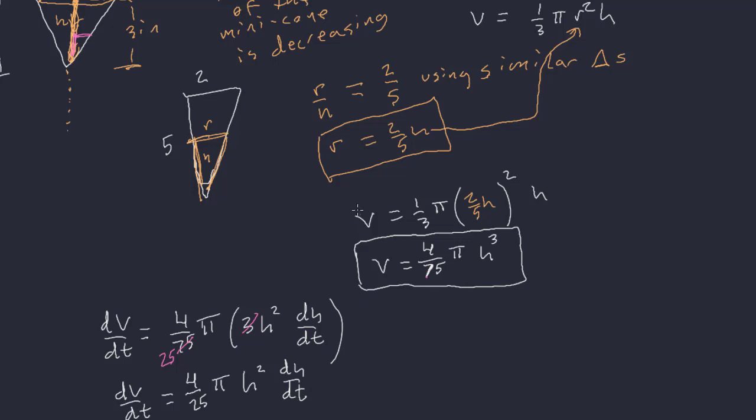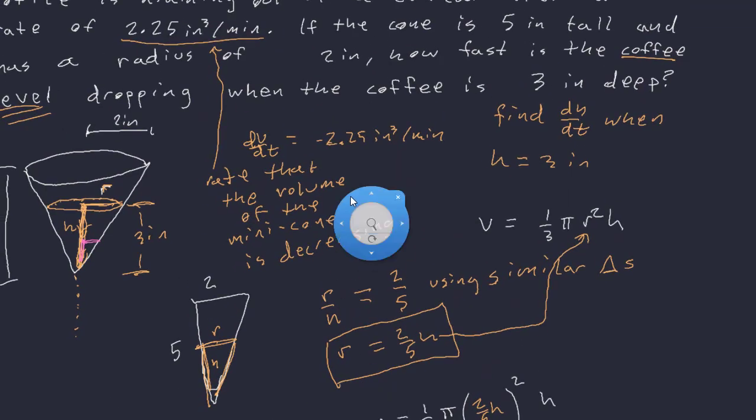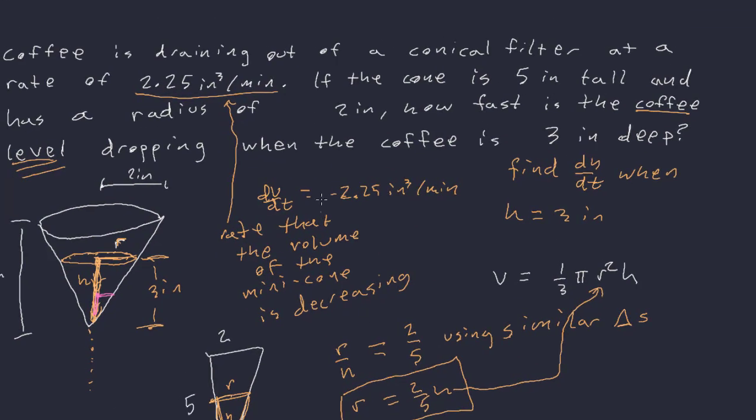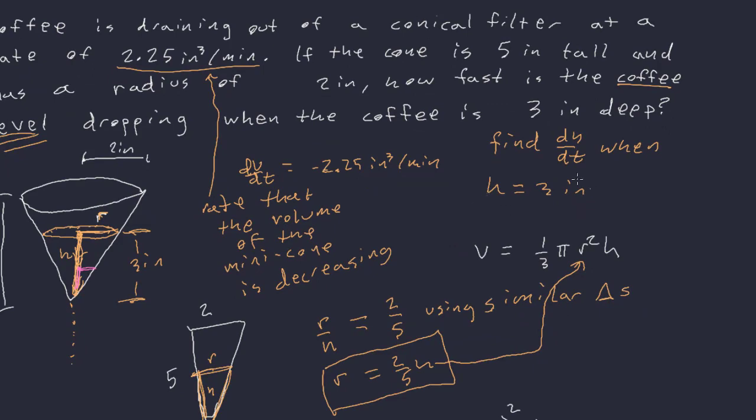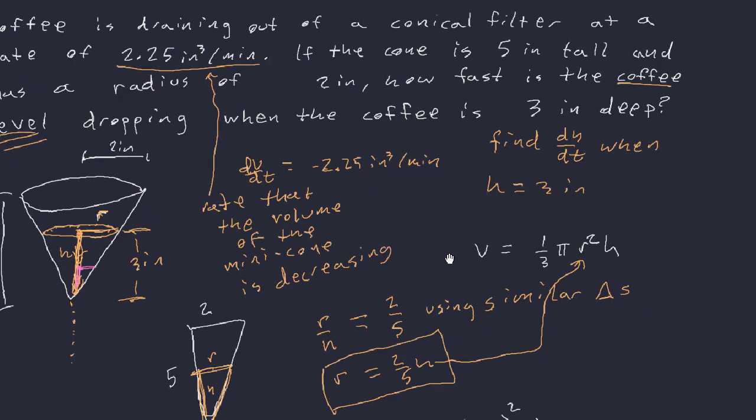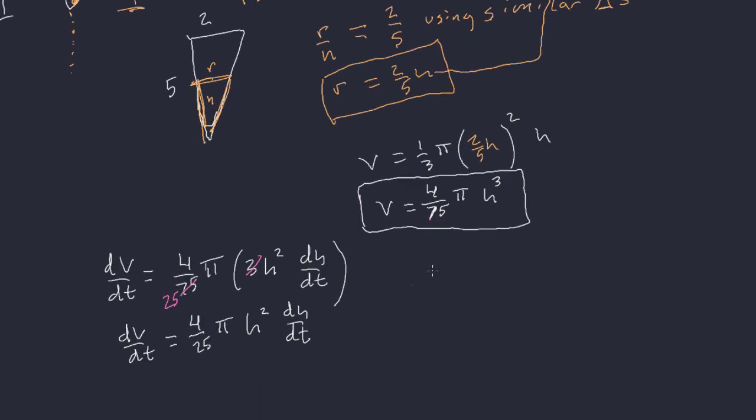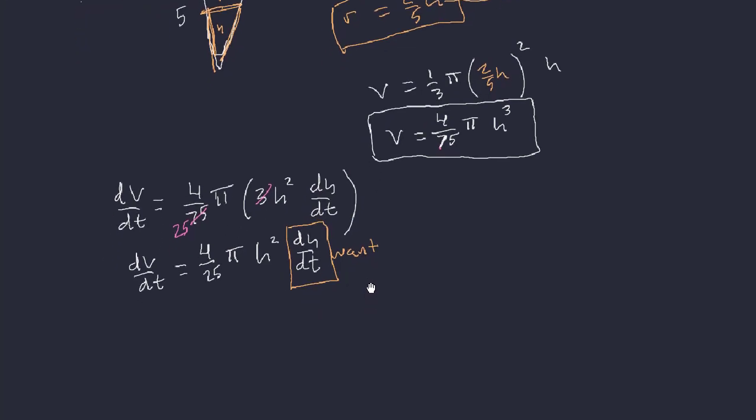And now we have everything we need, because we have dV/dt, that's here. We have h, and we want to find dh/dt. Okay, so this is what we're trying to solve for. All right, so this is what we want, and these other things are what we have. So we're going to go and plug in